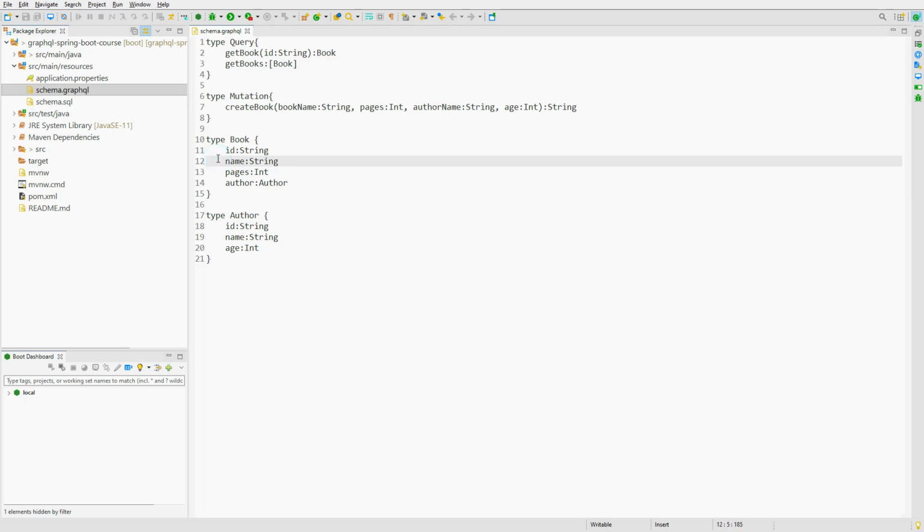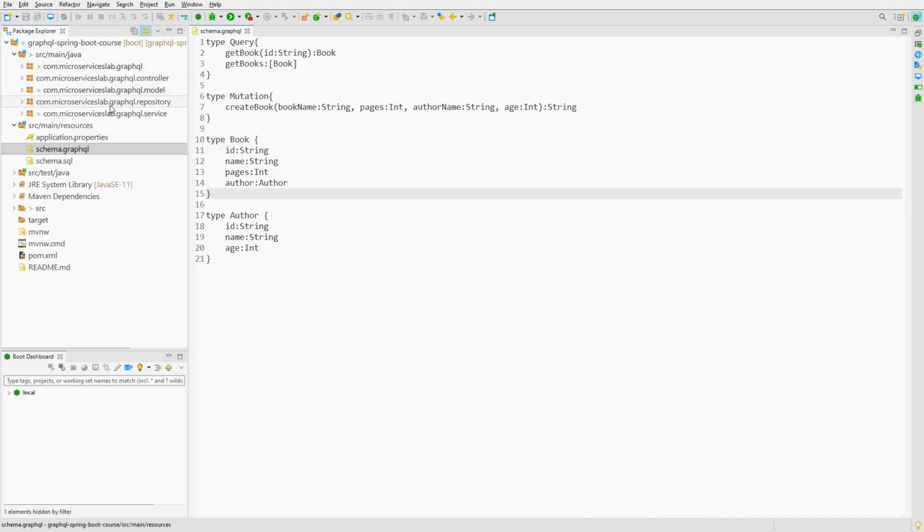But now you might be thinking that in the whole lectures, we haven't specified any data fetcher for any field. Then how are things working fine? This is because whenever we don't specify the data fetcher for a field, the GraphQL Java API creates a default property data fetcher for the field and associates it with the field. So this is what the GraphQL API does for us. But you can also define a separate data fetcher for your field, and this is what we are going to do today. So now let us take a look at the book class first.